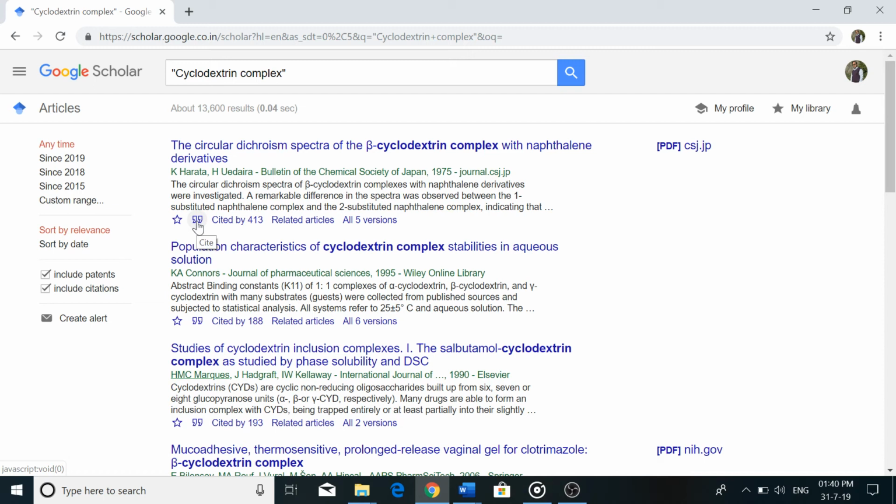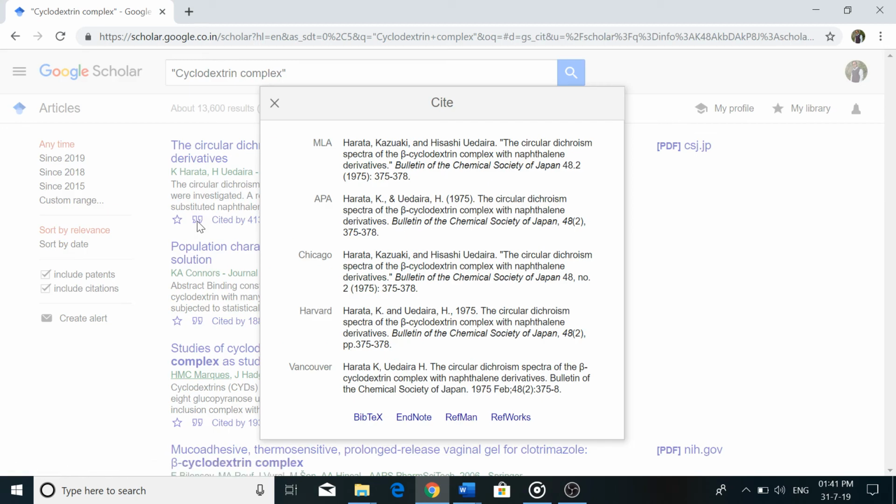Can you see the quote sign below each article detail? It is the key to get citation information under "Cite". That too in any of the writing styles you can choose. Citations are given in five major styles in Scholar, and it can also be managed using BibTeX, EndNote, RefMan and RefWorks.